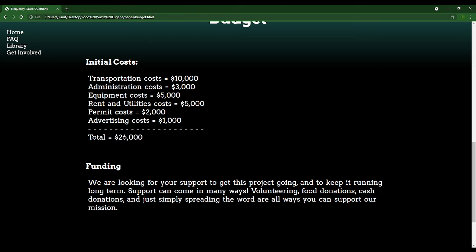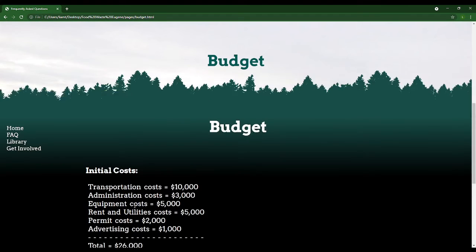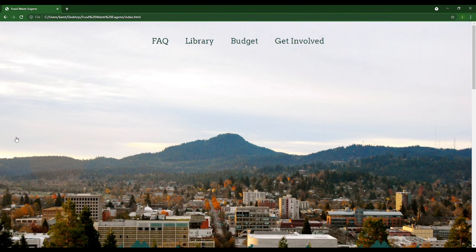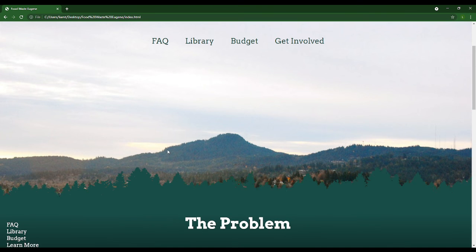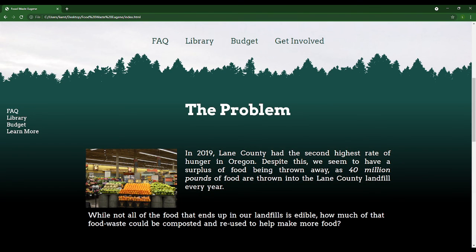And then here, there's a little snippet about funding and ways people can support again. There's always a home button to get you back to where you started, and that is the sum total of